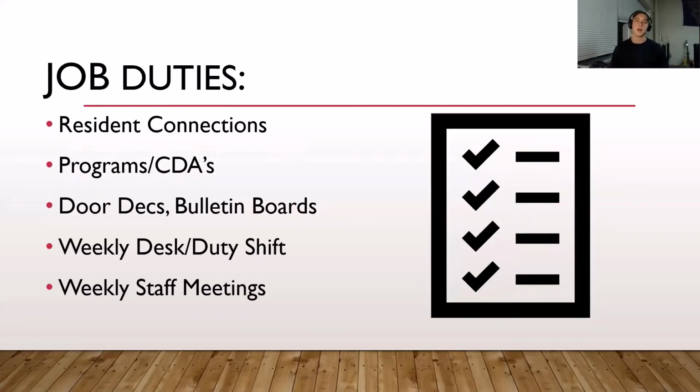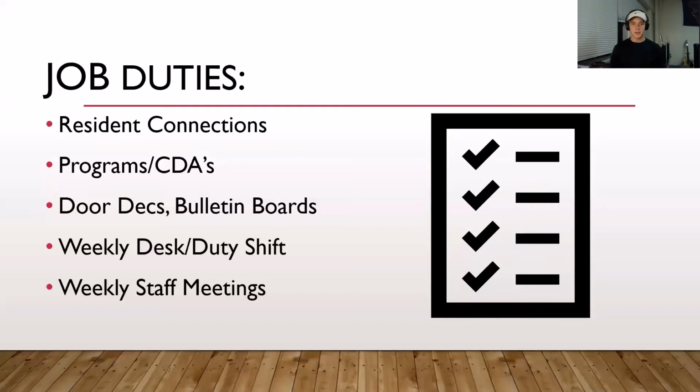So jumping into our job duties, this is a list of 5. It could probably be expanded, but for the sake of the video, I just have the 5 most crucial things on there. To start, we'll look at resident connections. Every single Sunday, I go on my computer, I have a weekly Excel sheet that I share with my boss, and I have to report at least 6 connections, or conversations, that's probably the better word, that I have made with a resident on my floor for that week.